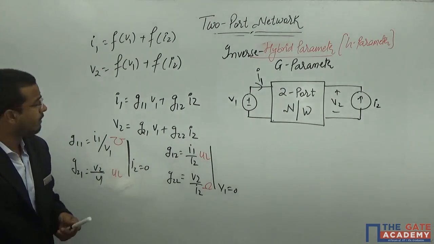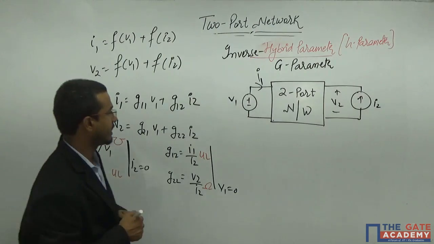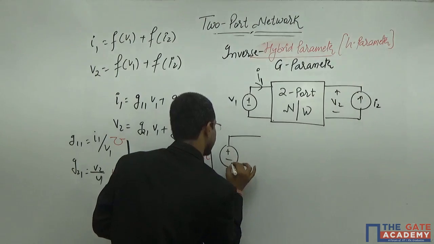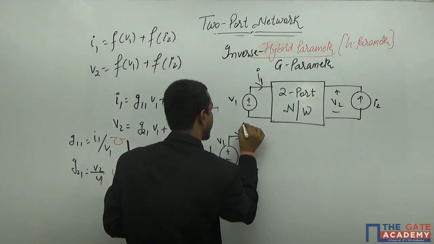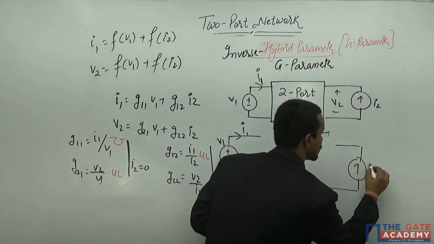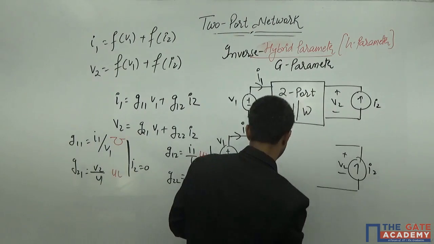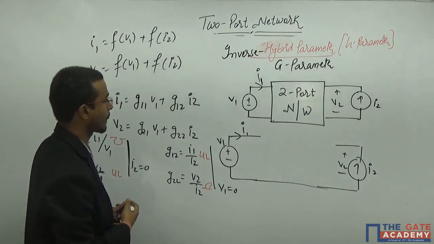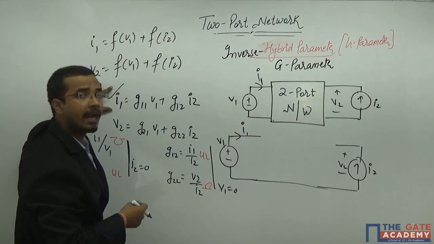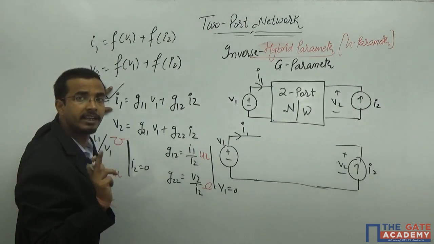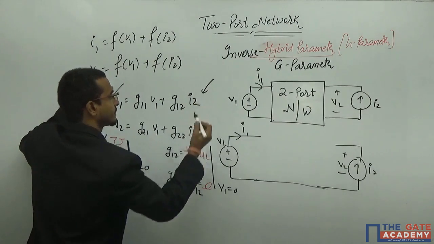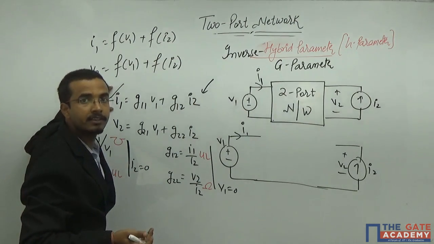Now if you want to draw the equivalent of this particular network, what will you do? Firstly, you will draw the outside of this. It is V1 and producing the current I1. In this side, you have the current I2 which is producing the voltage V2, and it is short circuited. Now in the first side you are writing down the current, and you can add only in the parallel. Current addition is only possible in the parallel, and you will write down the KCL equation for this, because addition of the current is only possible at node.